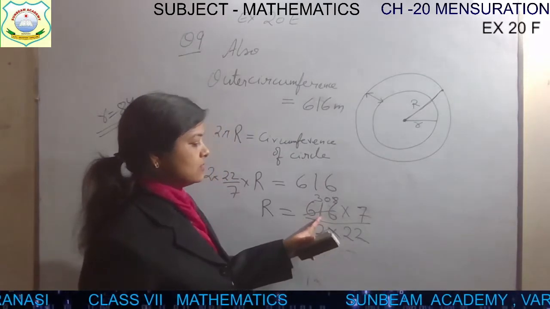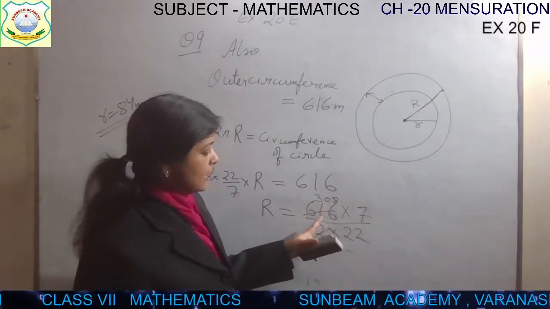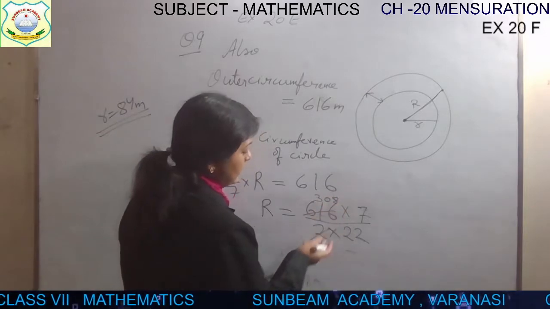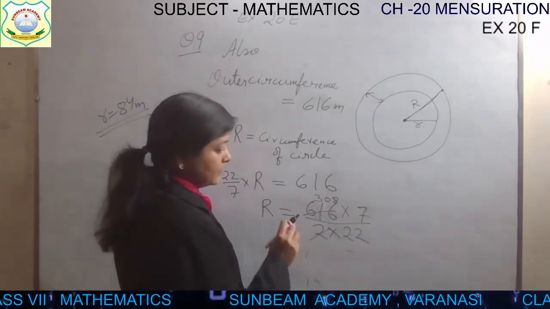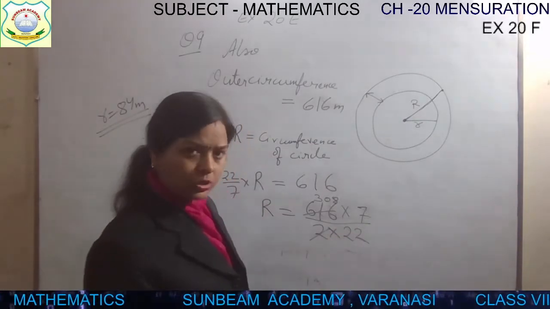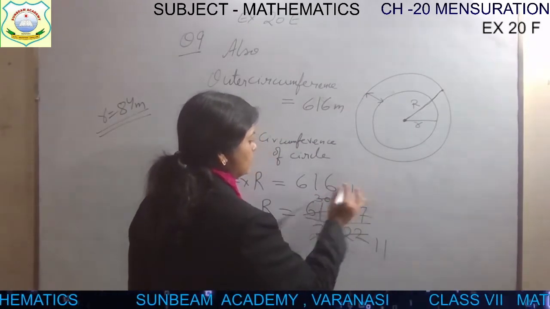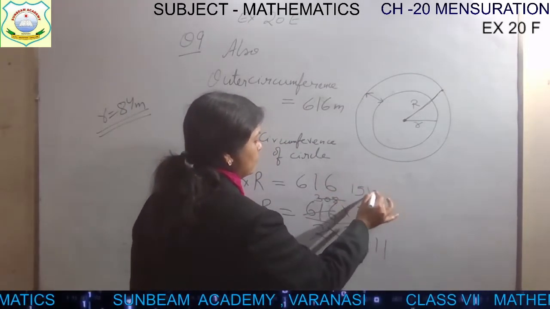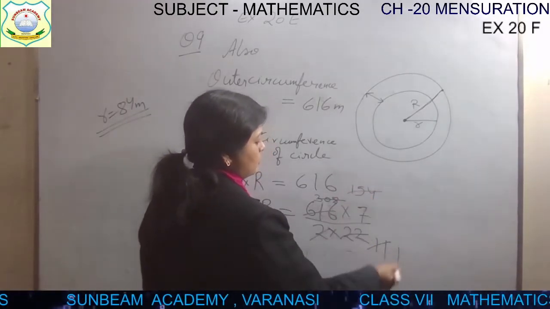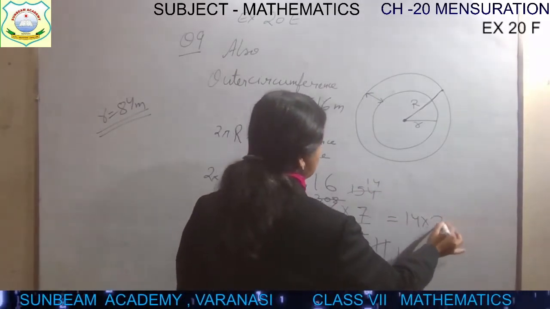2 3 ja 6, 1 is smaller than 2, so we will take it to 0 times. 2 zeros are 0, and then 16 will be left, so 2 8 ja 16. Now can it be divided by 22? Yes, it can be divided by 11, or you can divide it by 2 also first. 2 1s are 2, 1 is left, 2 5s are 10, and 2 4s are 8. Now 154 will be divided by 11. 11 1s are 11, 11 4s are 44. So this will be 14 into 7.